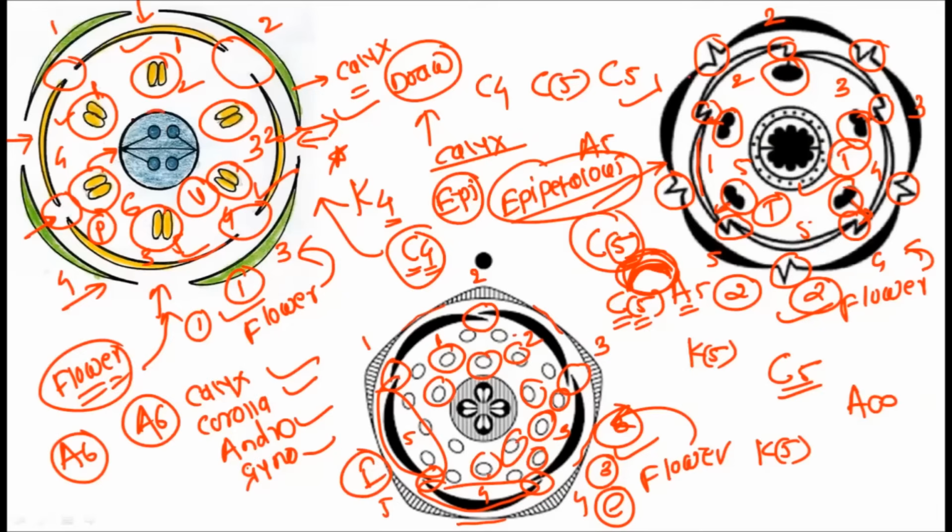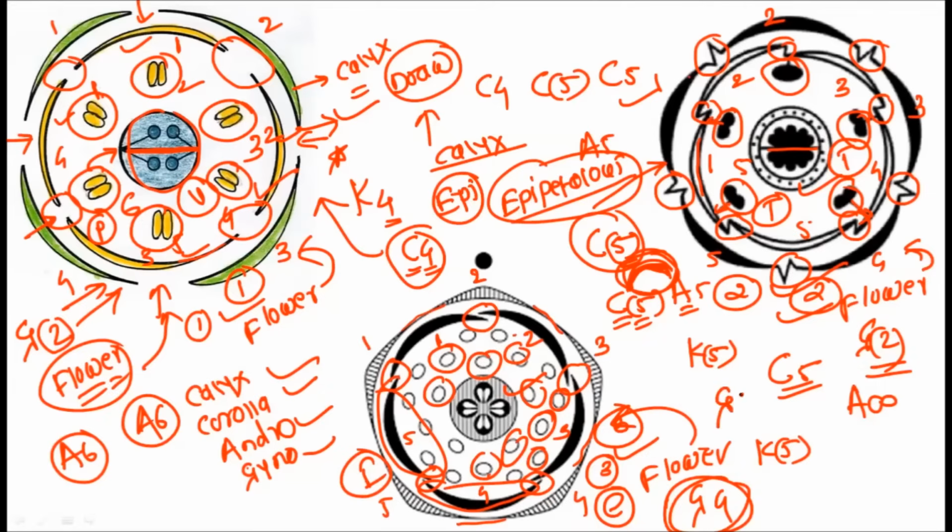Here in this particular picture you will observe the bicarpellary condition is there, and the gynoecium is two in number, and see, they are shown to be fused with one another due to this particular bridge. So a bracket is there, G2 in bracket, this condition is present in this flower. Now let us observe the second one. See, here also the G2 condition is there, and they are also fused, and hence the bracket is required. Then in the third diagram the G4 condition is there, and they are not fused, so only the G4 condition is there and no bracket is required. So in the first picture you have G2 in bracket, in the second picture as well G2 in bracket, and in the third floral diagram you just have to give G4.